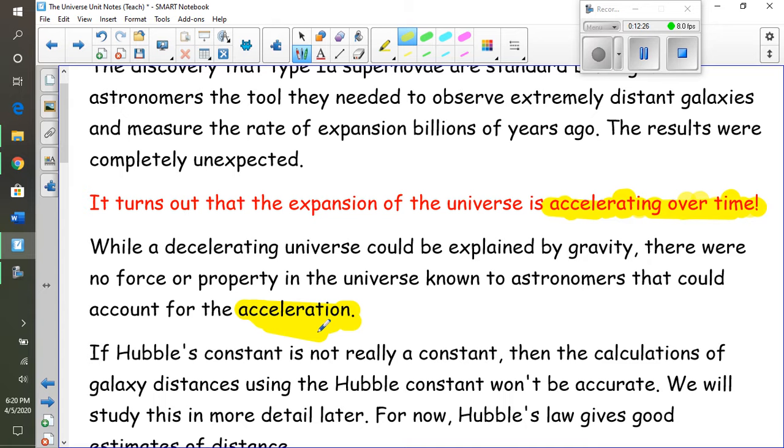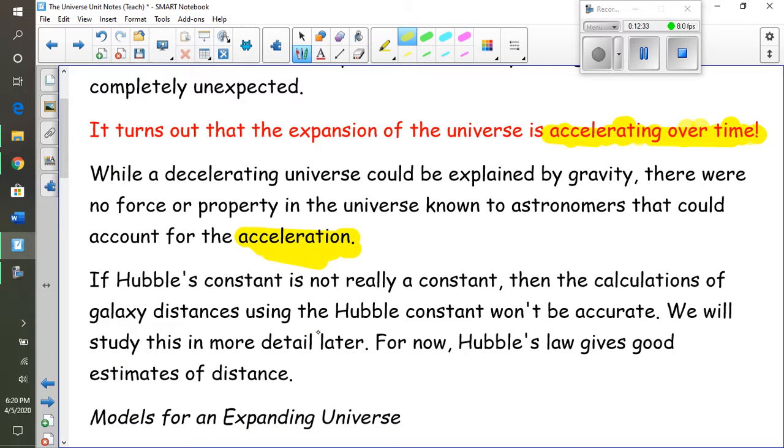So where is it? What is the force pushing the universe apart? If Hubble's constant is not a constant, then the calculations of galactic distances is not accurate. So later we'll talk about this in more detail, but for now, Hubble's law gives us a good estimate for